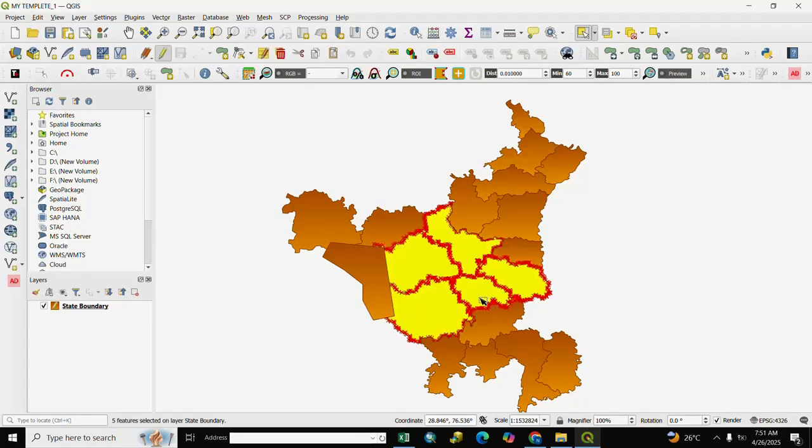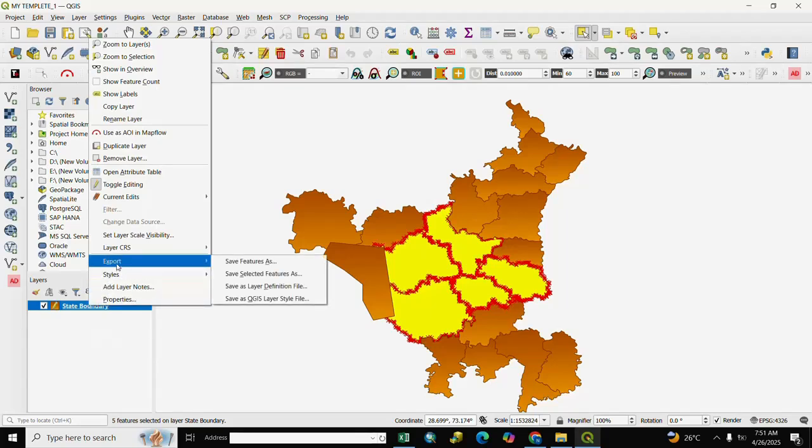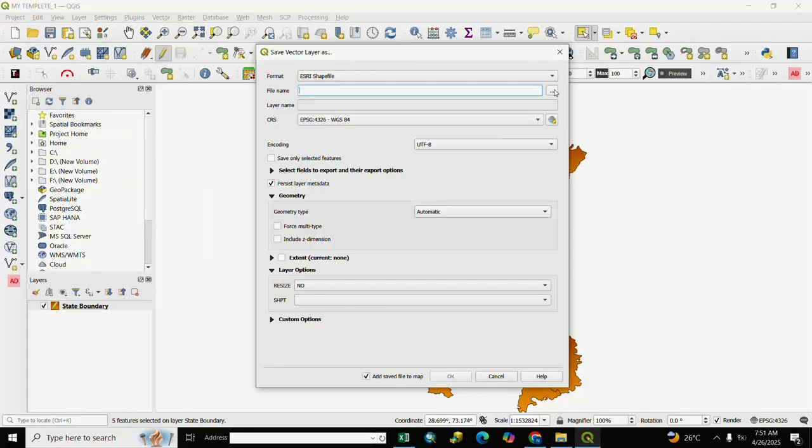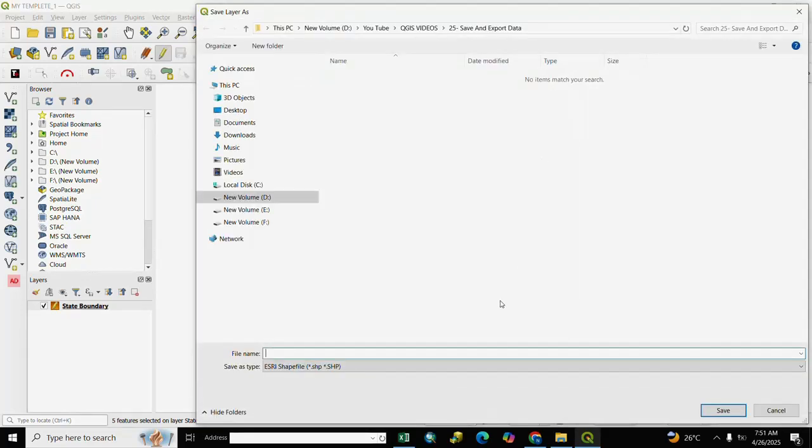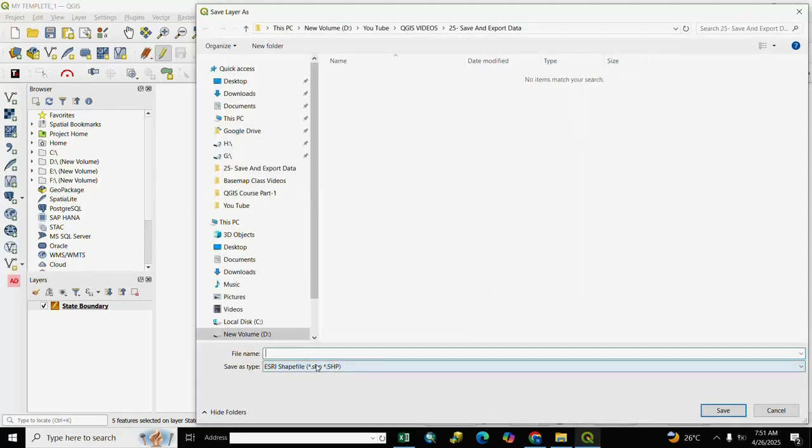If you want to export layer, you go to selection and we select it as per your choice. We select 5 feature and after selection we right click and go to export and save feature as, and we select here file name, means path. We write here name, selected feature,